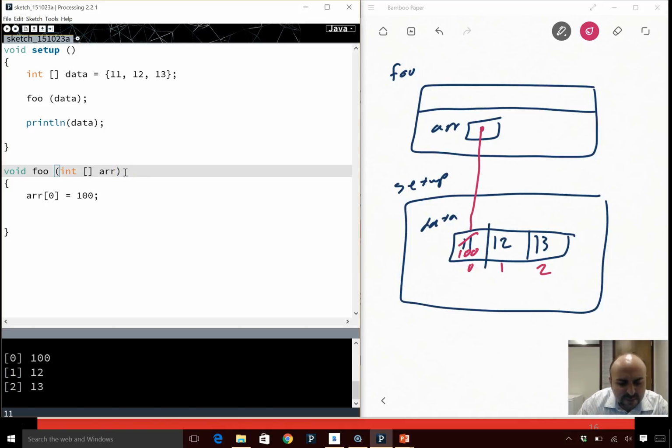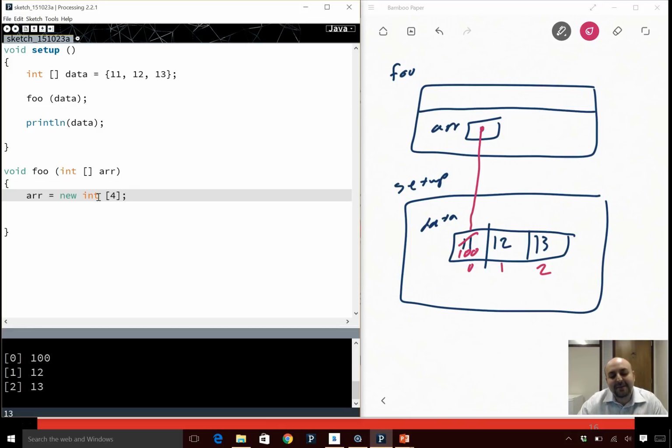Now, what if I did something like this? If I said R is new int 4. What does this do? So I'm assigning R to a new array. So what happens is, R is a reference to data,